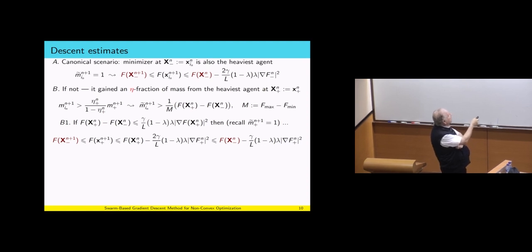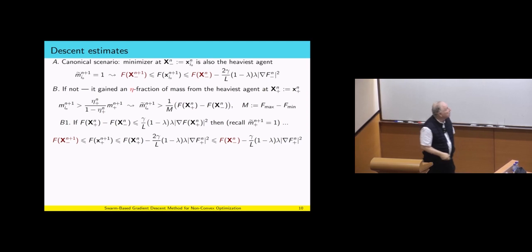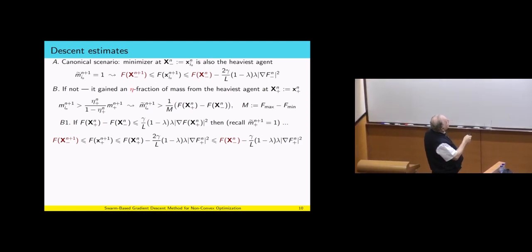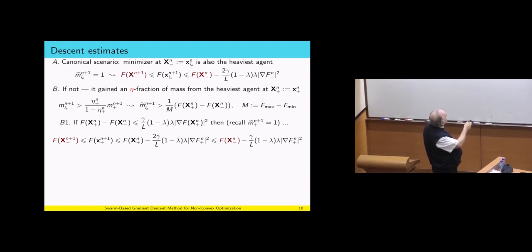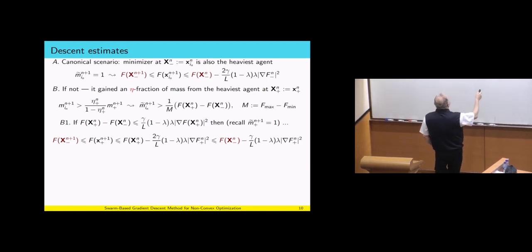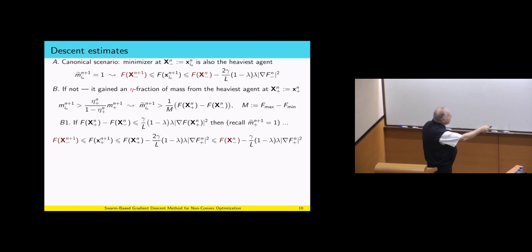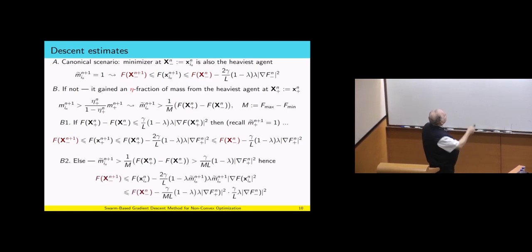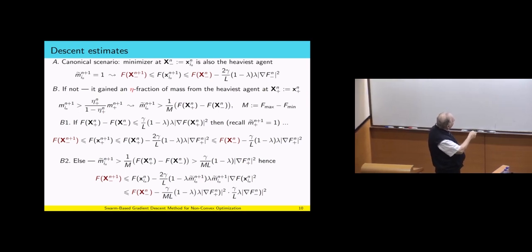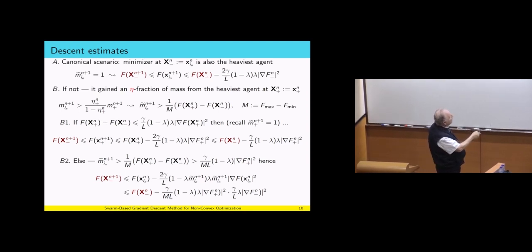And this is always, for every agent, we go down. But I already know that f of x plus is bounded by f of x minus with exactly one half of this amount. So at the end, I get that f of x plus at n plus 1 is less than f of x minus with this quantity, and this dominates f of x minus at n plus 1. So here's the statement, f of x at n plus 1 is bounded by f of x minus at n minus something. And finally, what happens if this difference is greater than what is written here? Well, in that case, I take this difference, I do some calculations, and what I conclude is that f of x minus at n plus 1 is less than f of x minus at n minus something.